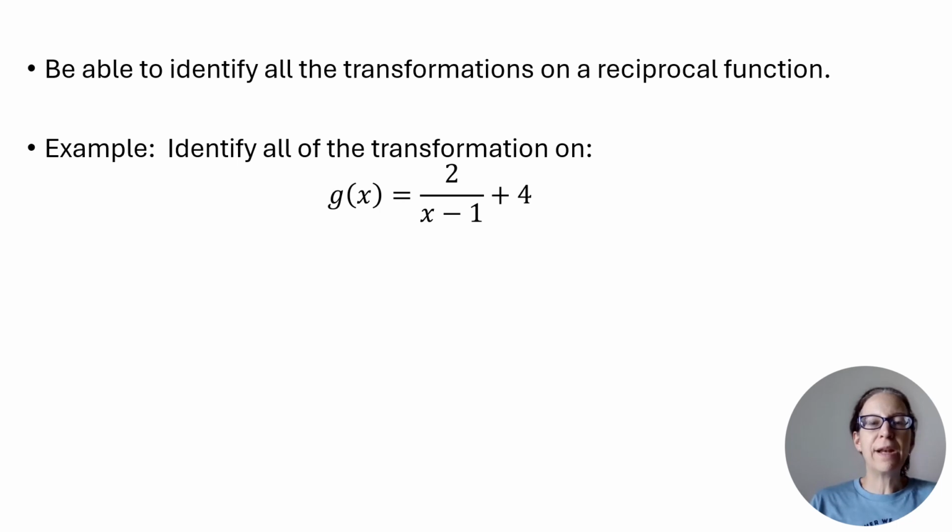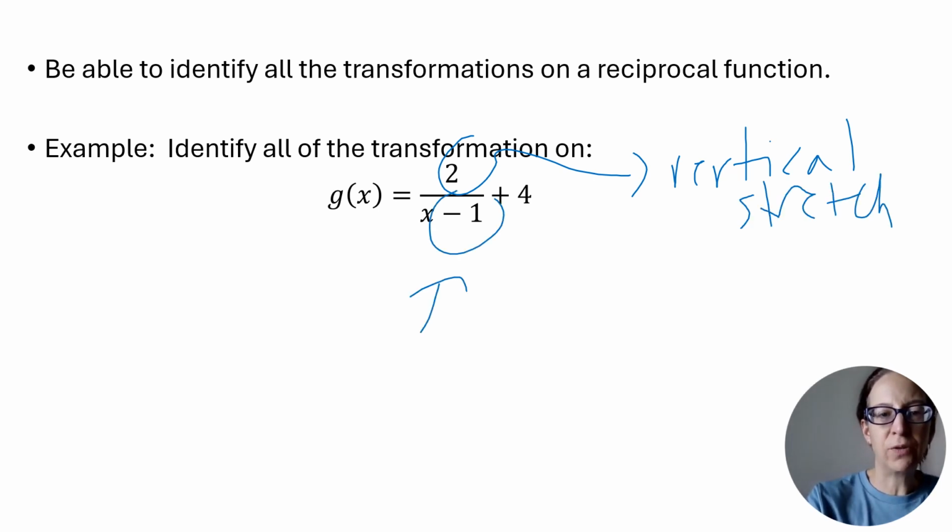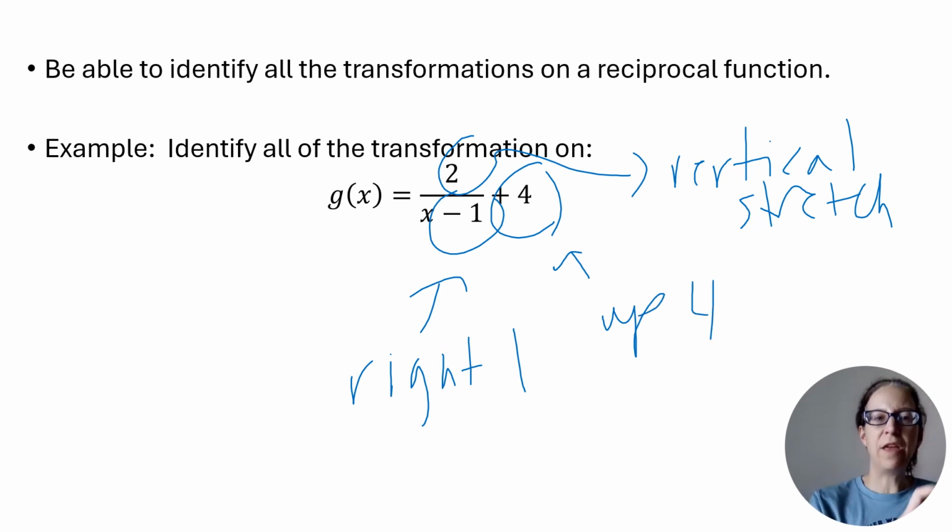Be able to identify all the transformations on a reciprocal function. So identify all the transformations on this. So we've got, what do we have? We have the 2 is a vertical stretch. We have right 1 and up 4. And this could be combined with something like what are the asymptotes, or what is the